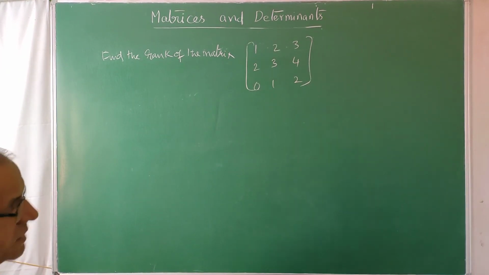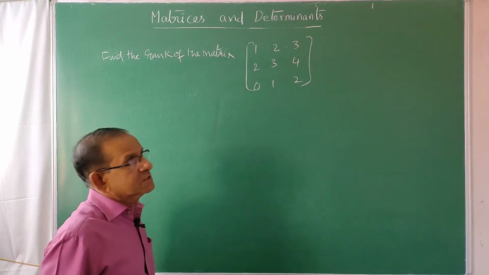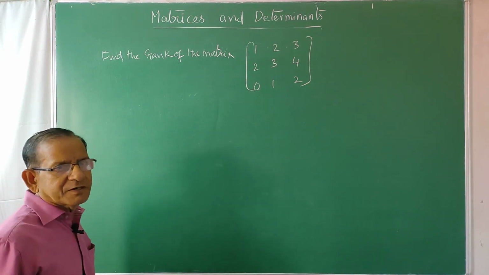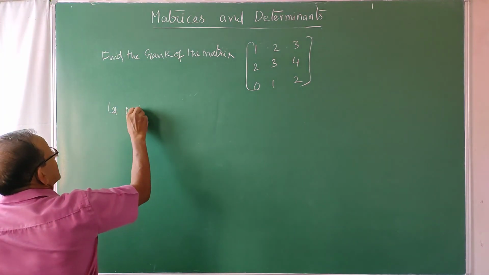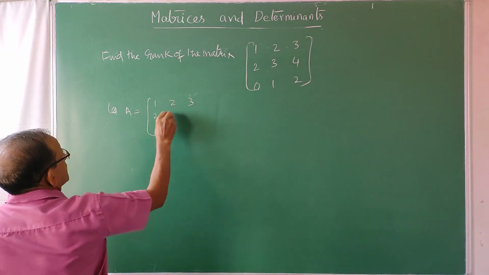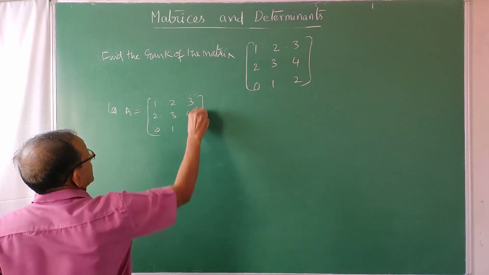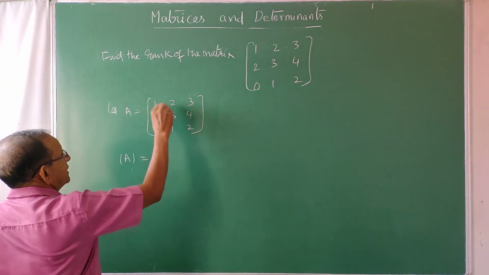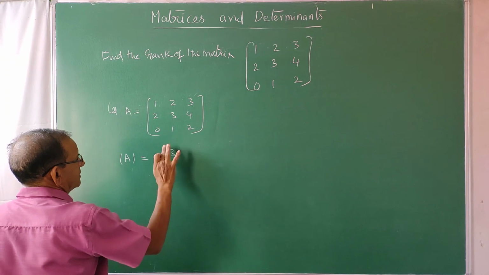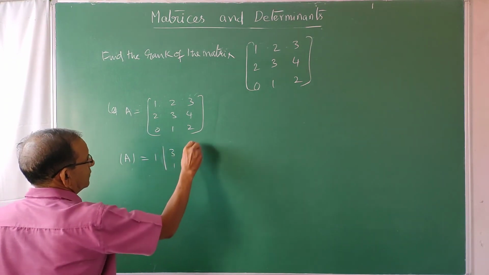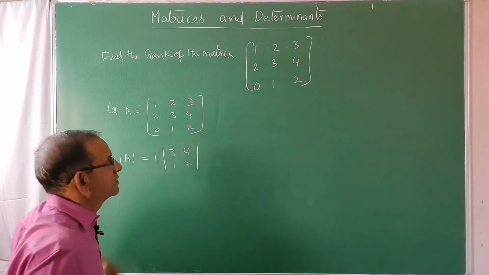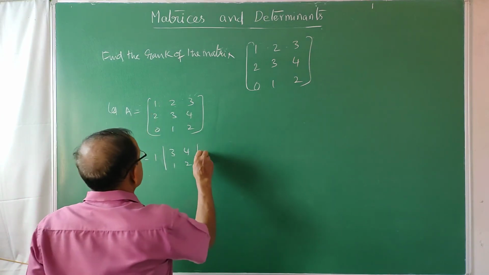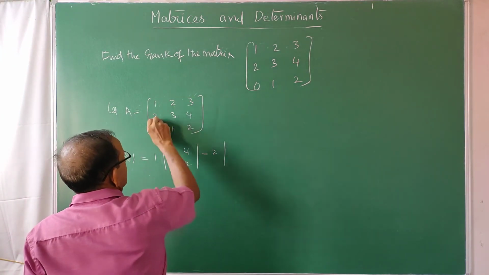Now let us take another example with this. This is the given matrix 1, 2, 3, 2, 3, 4, 0, 1, 2. So let us find out the determinant of that matrix. Let A is equal to 1, 2, 3, 2, 3, 4, 0, 1, 2. Now expand this determinant. Det A is equal to 1 into its cofactor 3, 4, 1, 2. For this you have to put a minus sign, because in the cofactor you will get negative sign, because it is first row second column element, 1 plus 2 odd number, minus 2 into, delete this column and row, 2, 4, 0, 2.